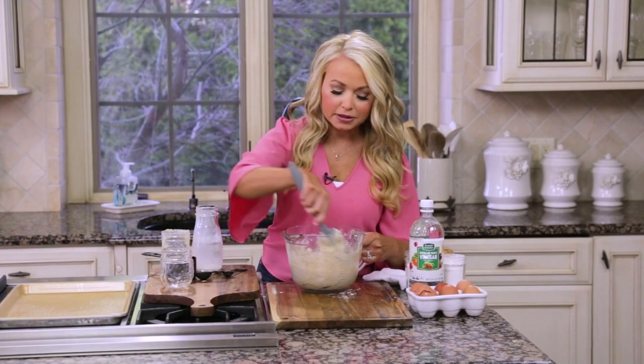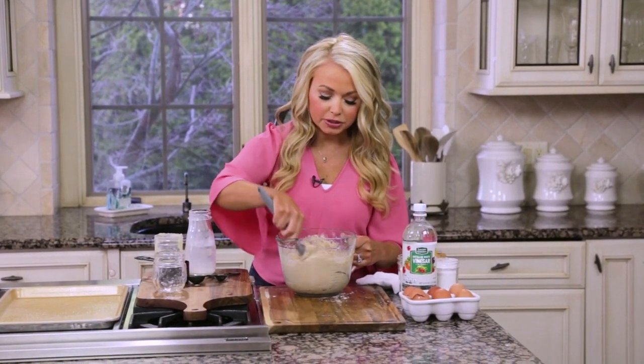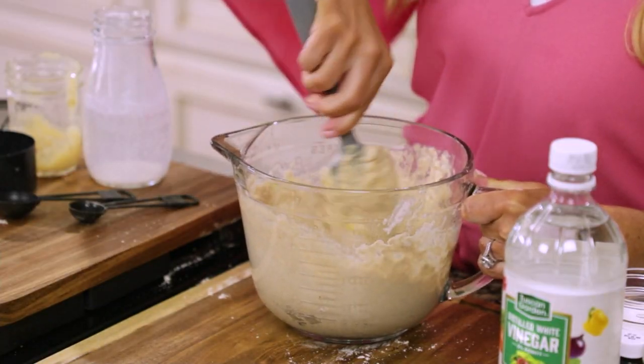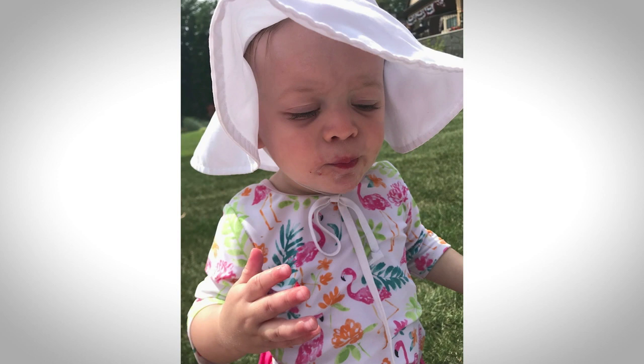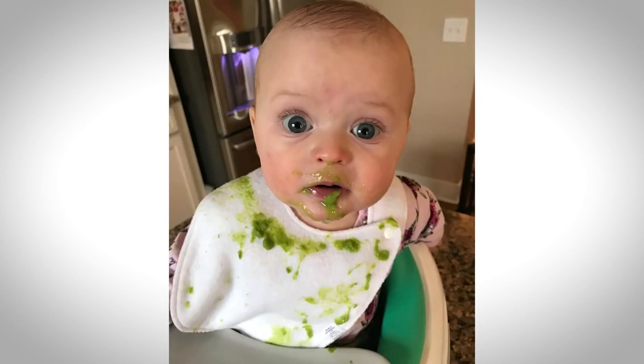And you know, as far as pancakes go in our house, I have a funny story about them. Maddie, when she was about 1 year old, there was a period of time where I really could not get her to eat anything. She just kind of stopped eating anything that she previously liked, and she would spit everything out. It was just a phase that she went through, and it was a really hard time for me. I thought, what on earth do I feed my baby? And not only that, but she just stopped taking bottles, and so I thought, okay, I really gotta get nutrition